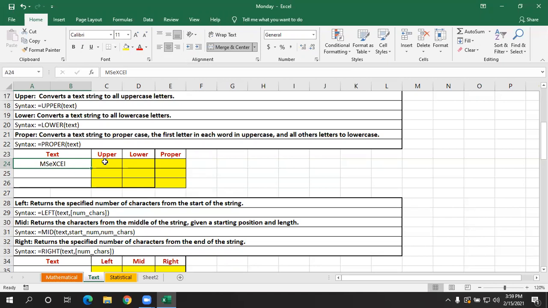It's a combination of uppercase and lowercase, meaning capital letters are there and small letters are also there, but in the cell now I want uppercase. To convert that to uppercase, we use a function called UPPER. You can select this cell, close the parenthesis, enter. In a similar way, we can do it for LOWER and PROPER.